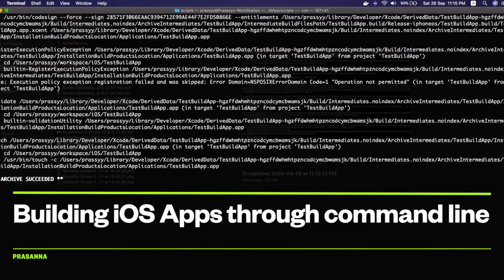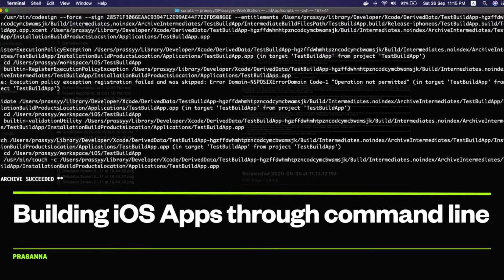In order to do all of this, it is important to have a continuous integration and continuous delivery system, or a CI/CD system. There are a lot of tools that are already available, like Travis CI, Circle CI, and there are also tools like Fastlane, which makes this process easier.